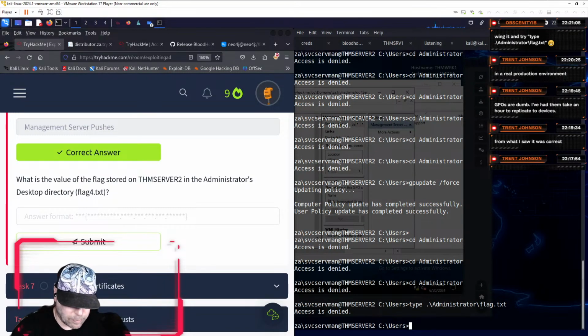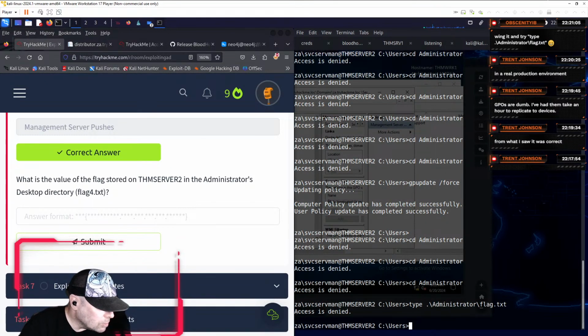So it's going to be THM brackets. It's going to be relevant to the lesson. First word is 3, 6, looks like 9 letters. Next one is 4, and then the next 3 are each 3 letters. And the last one is 6 letters. So, my guess, I think the last 3 words are going to be the GPO object.